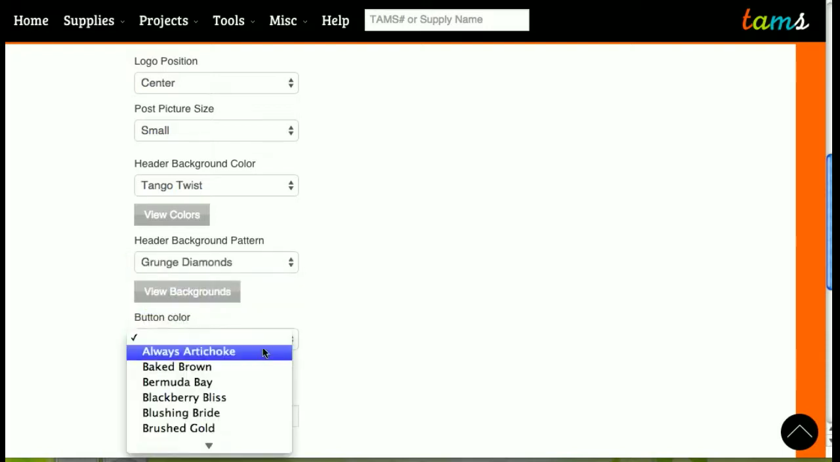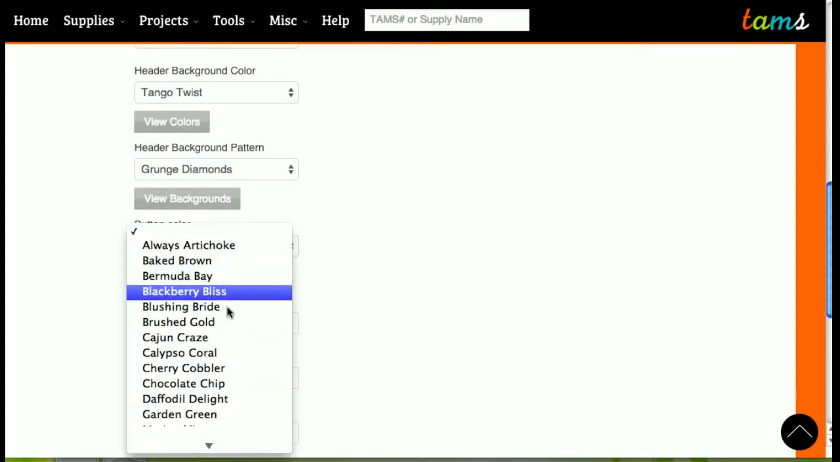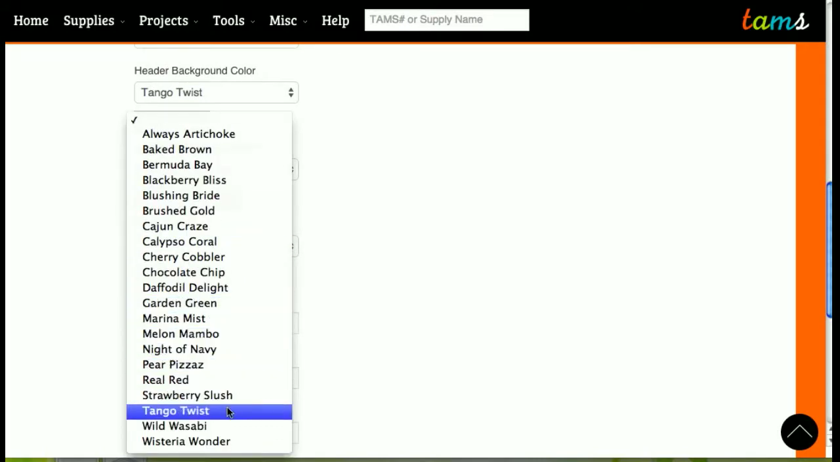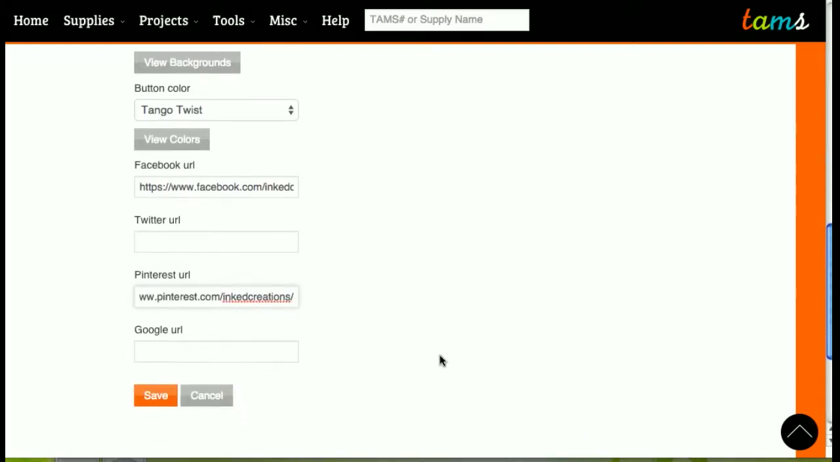And my button colors, same button colors as the header background colors. And I'm going to choose the same Tango Twist. I have a Facebook URL that I want to use, and I have a Pinterest one, but if you have a Twitter and a Google URL, you can use that as well. And I'm going to save all this,